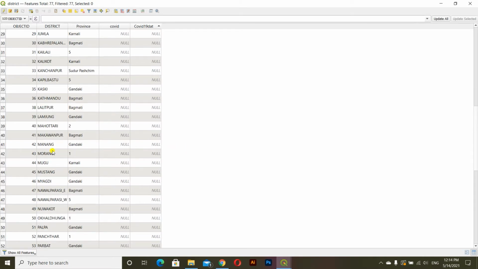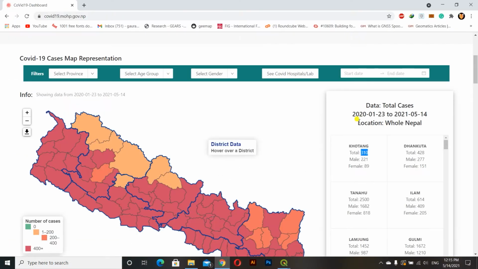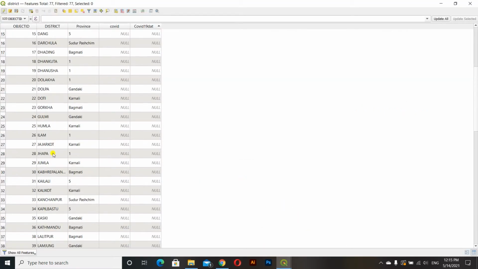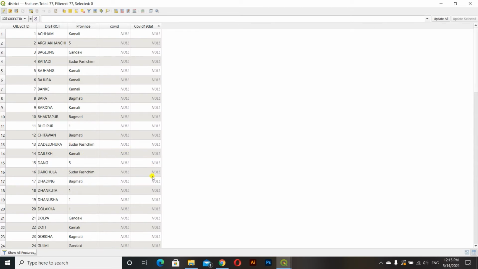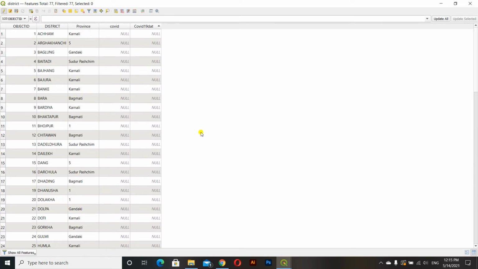Again for the others we have to go to the same website and copy the number of cases from the website into the attribute table. Similarly we'll do this for all the districts of Nepal, adding the data manually, copying from the website and pasting in the attribute table.